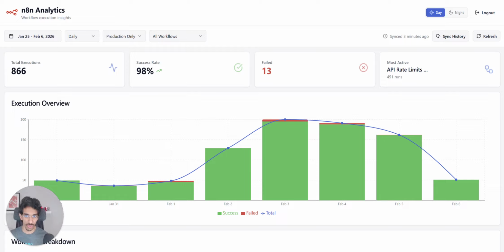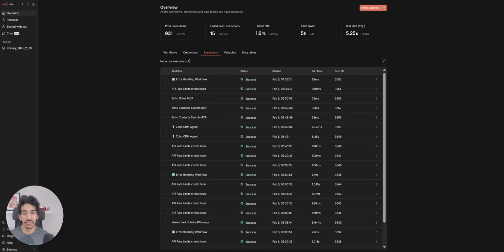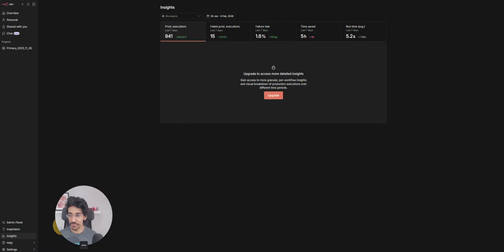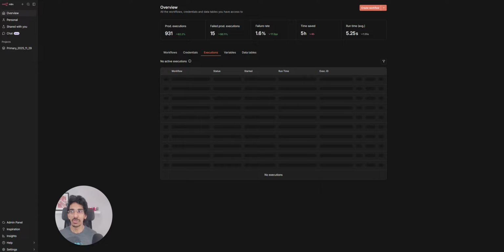across different workflows across time. For example, when you open an n8n dashboard, you can see all the executions that have been happening at every point in time, but it's hard to see the aggregate here. On the other hand, there is an insights feature, but the insights feature is a paid feature. So I was trying to understand